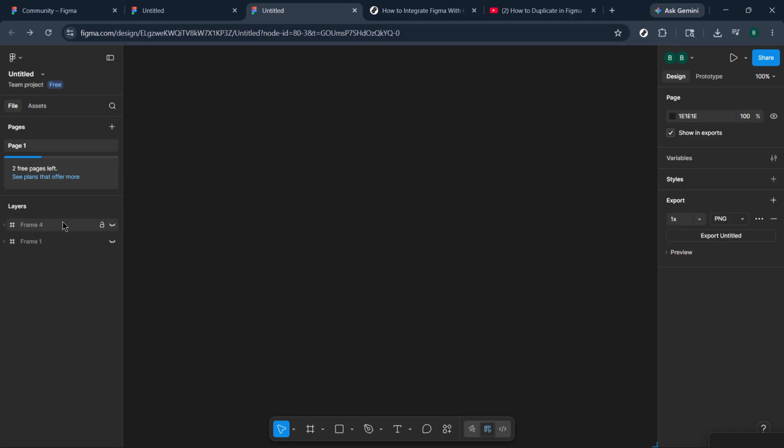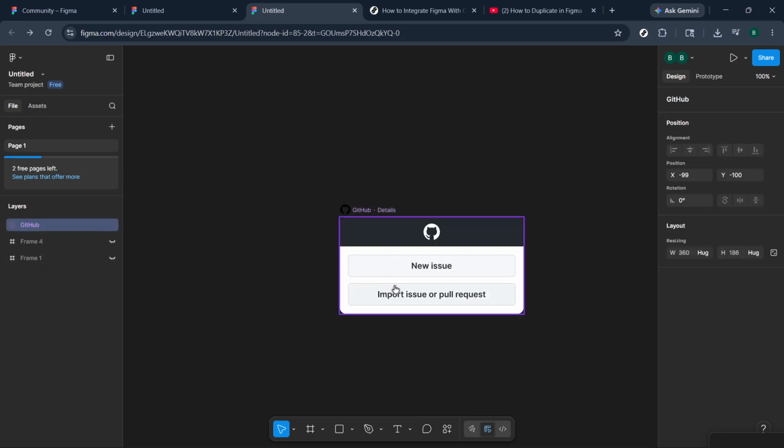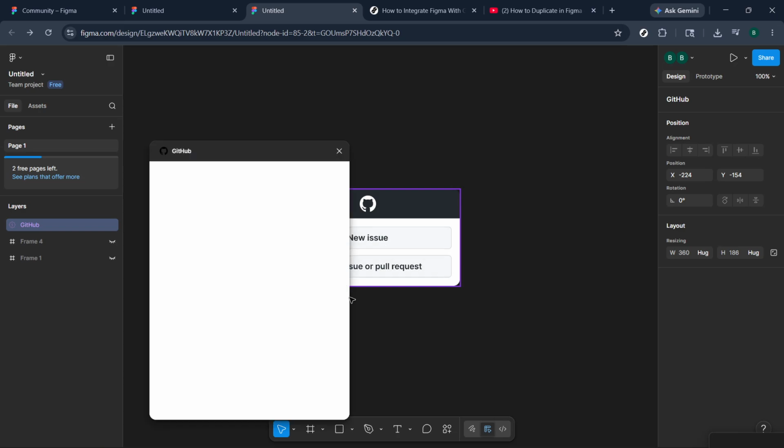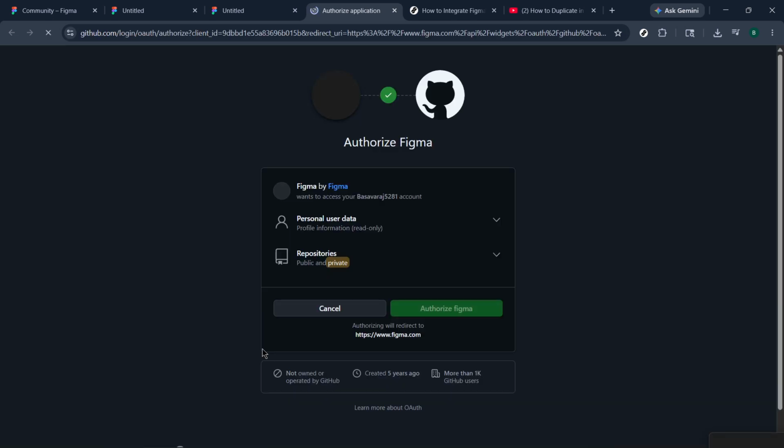This integration is about more than just access. It opens up a world of collaboration possibilities. You can now manage your design files and collaborate with your development team more effectively. Now that you've completed these steps, you can start taking advantage of the integration as it allows your design team to work more efficiently with developers. You'll find that sharing designs, getting feedback, and managing your projects in GitHub is much easier now that they're synced